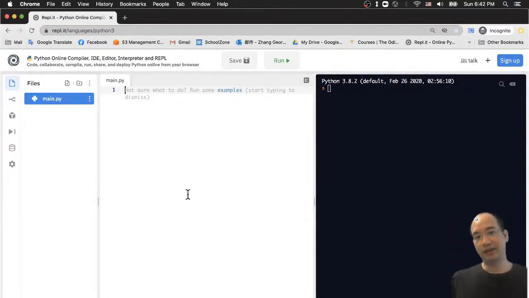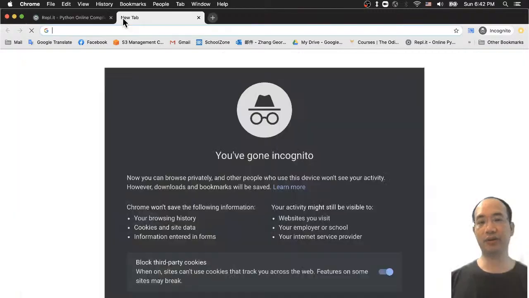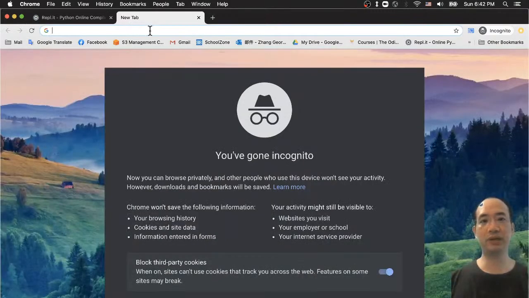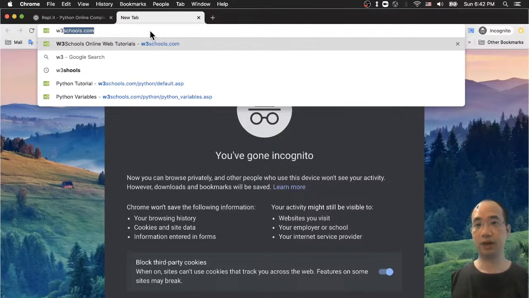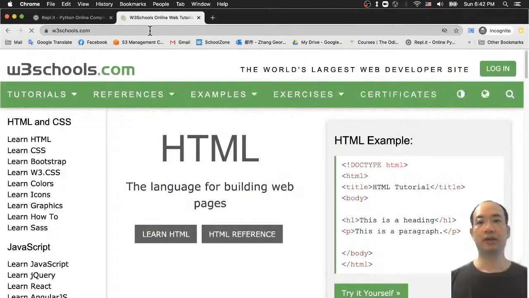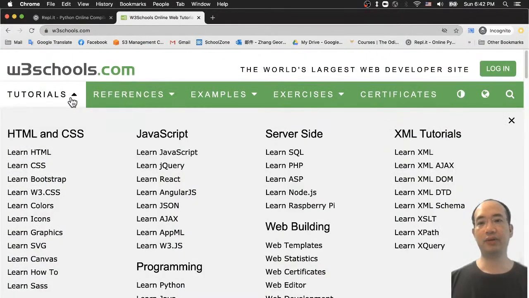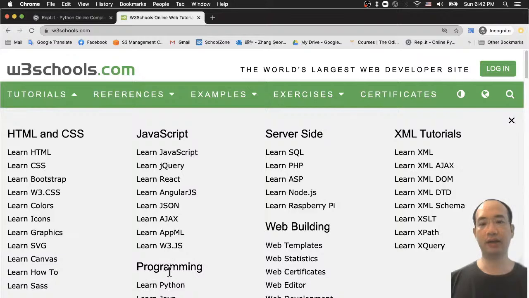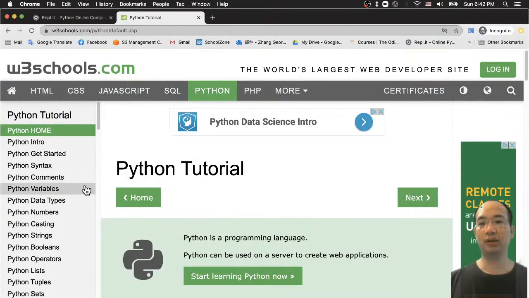Okay, so we come back, and the second website we are going to open is W3 Schools, like every time you guys do. Just in Google, you type w3schools.com, and we go here and we go tutorial, and under the programming, there's something called Learn Python. In Python,